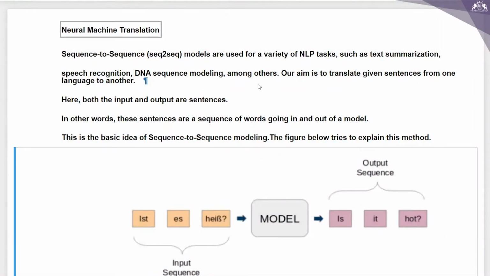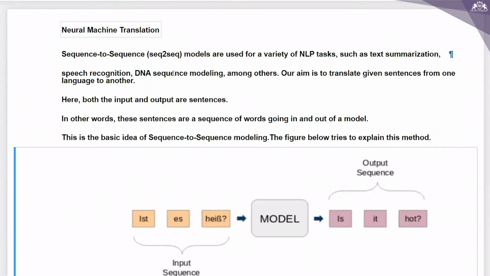Hello everyone. In this video, we are just trying to understand how to do machine translation. So what is meant by machine translation? Let me tell in simple words. We are just trying to convert from one language to the other language over here. So what is our objective over here? We are trying to convert from one language to other language.